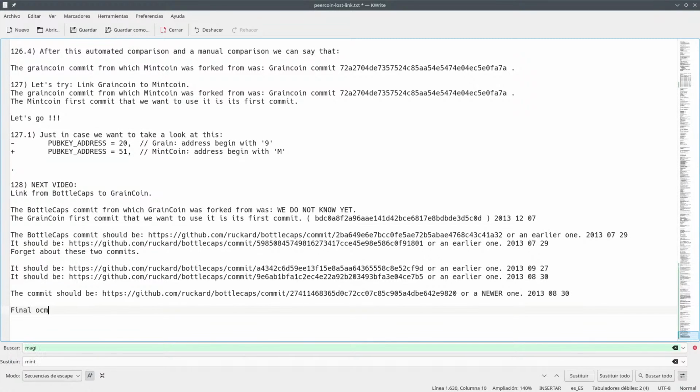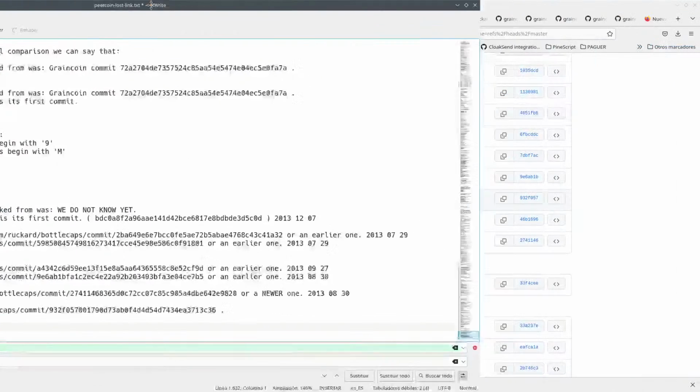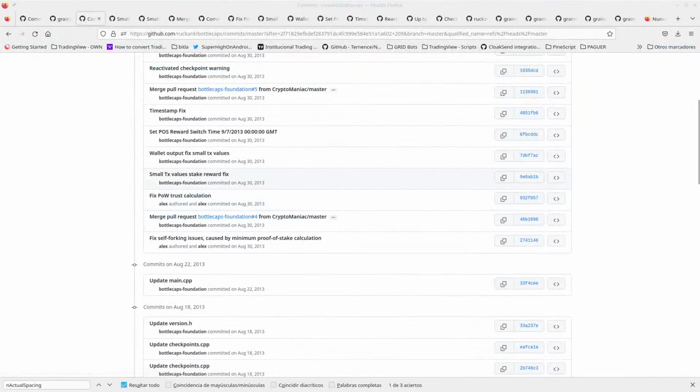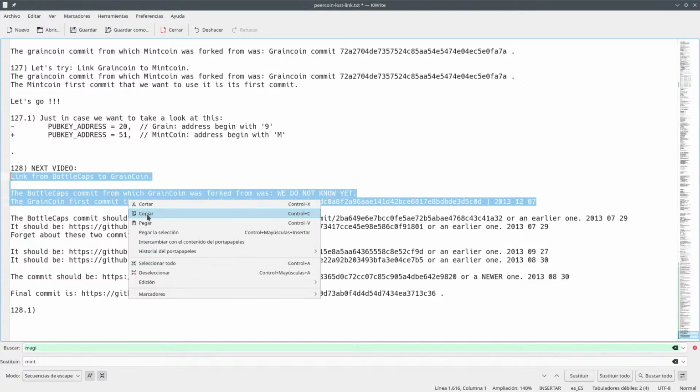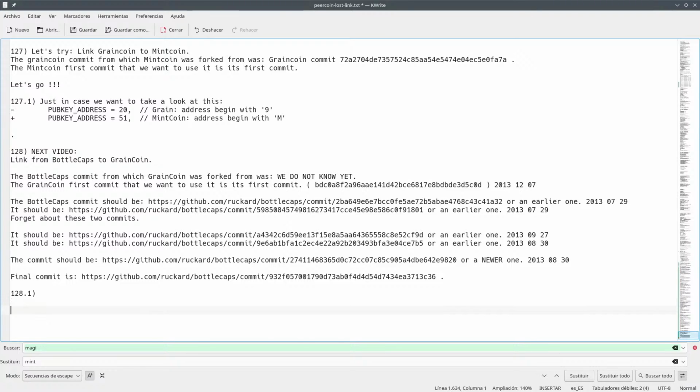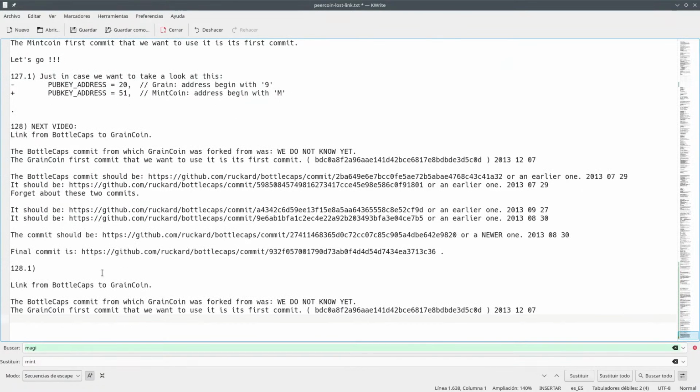Final commit is this one, 932, which is the one that fixes this. It's the best one. So now we can say something like we want to link from here. Okay, so we want to link from BottleCaps to GreenCoin, and the first commit is this one, and this is the commit that we want to fork from,